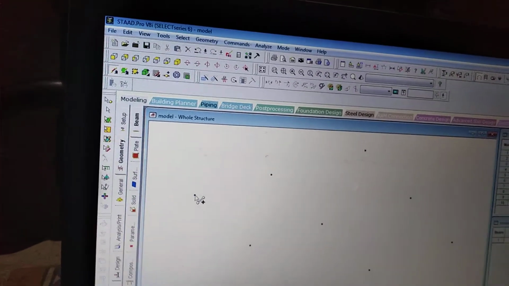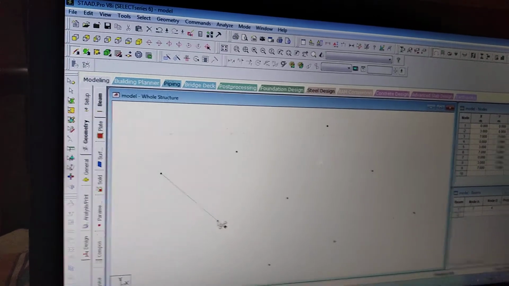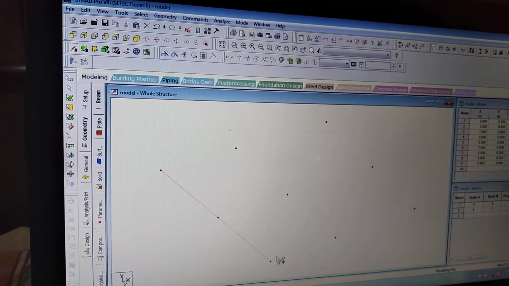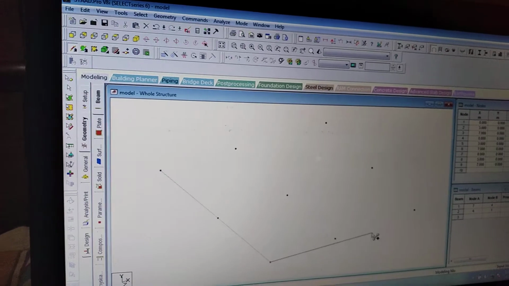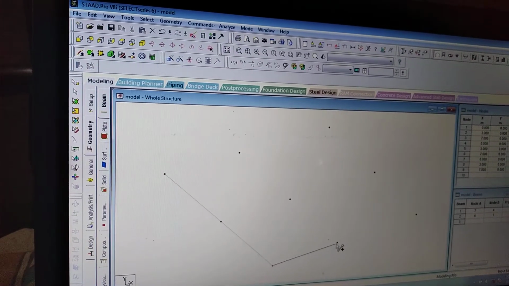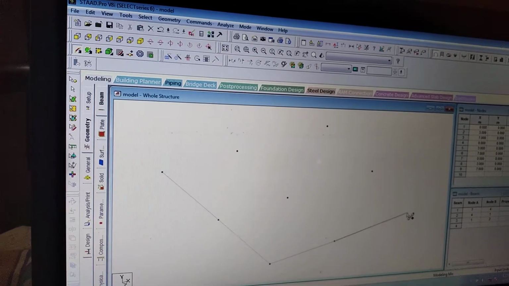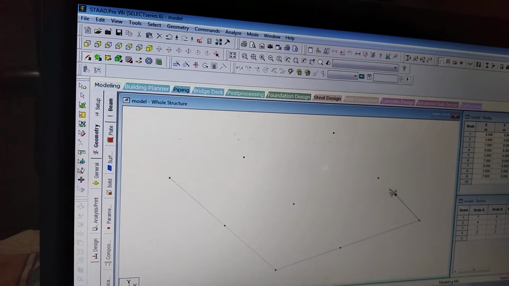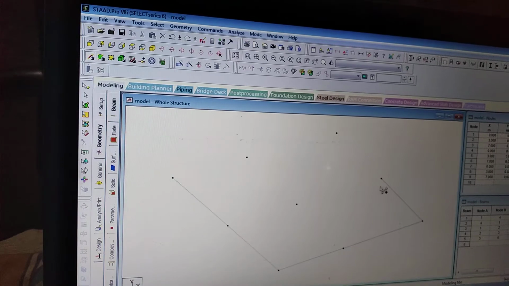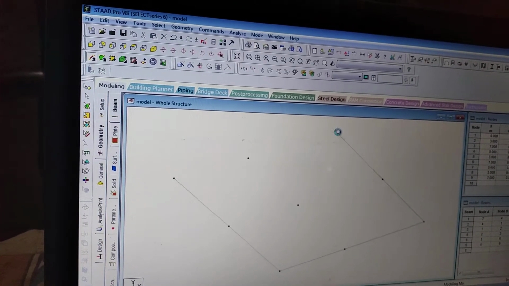What I will do, I will go to the selected line, I will go to the add beam and add it. Okay, I will add it.